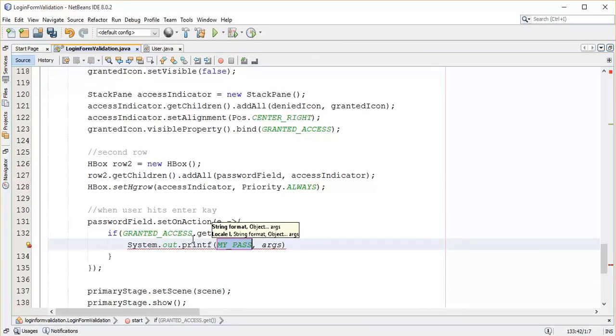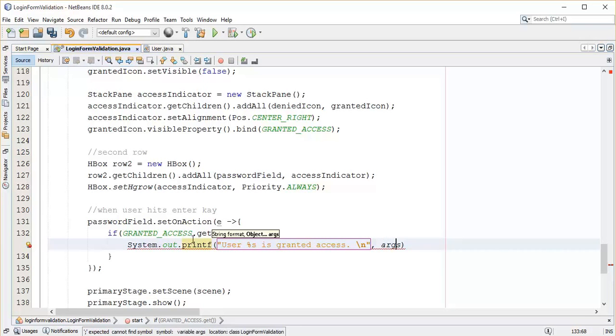I'm going to use "User %s is granted access", and for the backslash n, in the next line